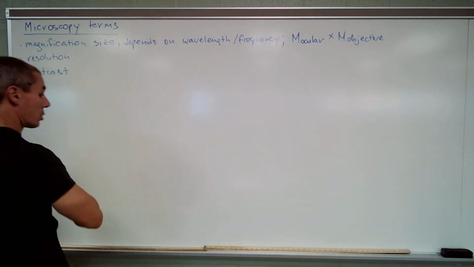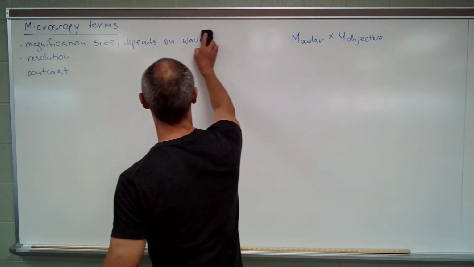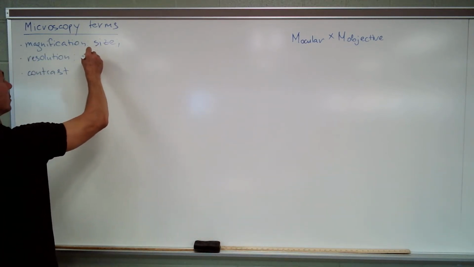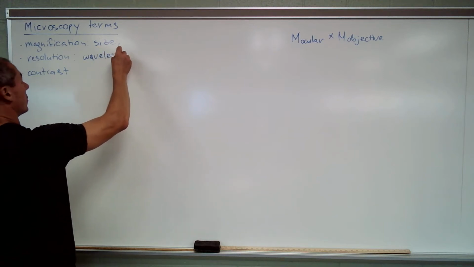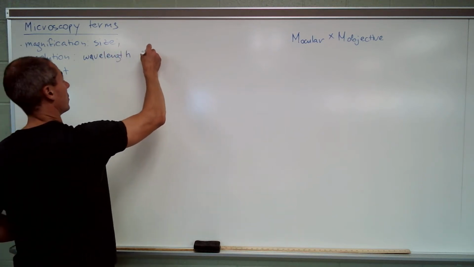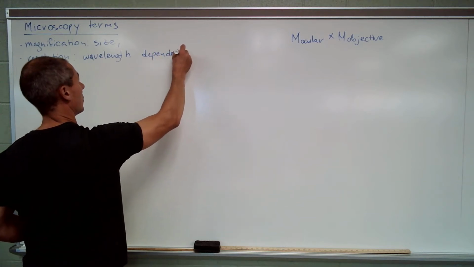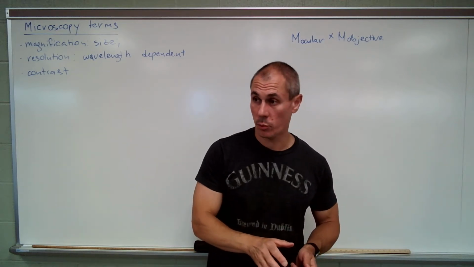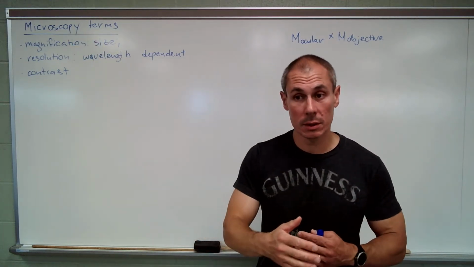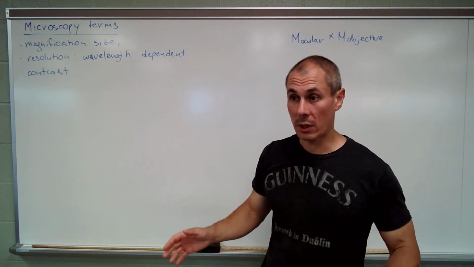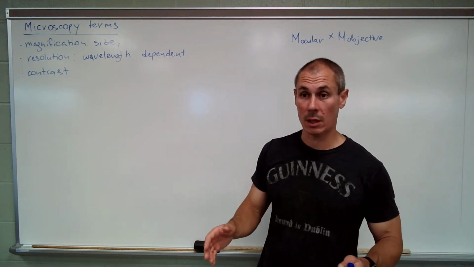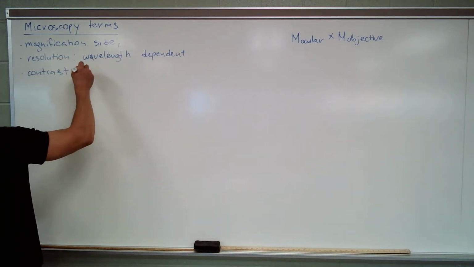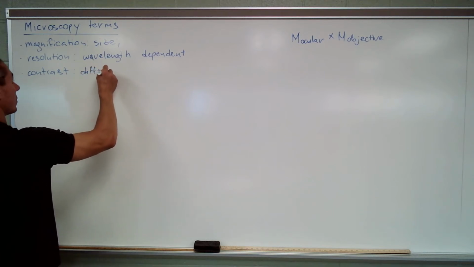Resolution. Sorry, I got one of them wrong here. Sorry, resolution depends on the wavelength. I'm sorry about that. It's the ability to distinguish the small details of the picture. These two are often mingled together. This is incorrect. Magnification can make the image larger, but you still may not be able to distinguish the small details. Finally, contrast is the difference in intensity